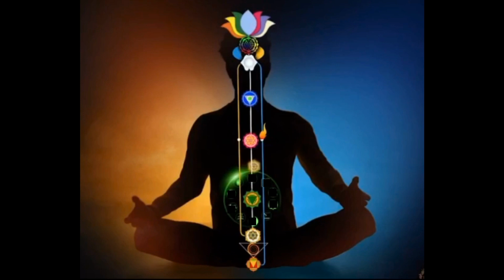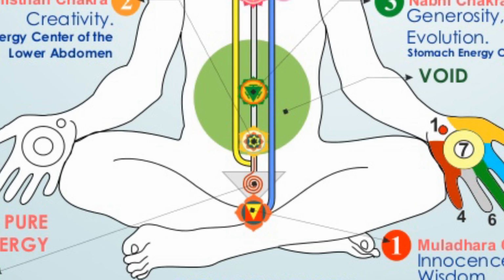Swadhisthana is physically the second center but energetically the third center, because when the Kundalini energy awakens from the sacrum bone, it first climbs to the navel center, which is green in color. It enlightens the navel center and then enlightens the big green circle and then enlightens the Swadhisthana Chakra. So at an energetical level, the Swadhisthana is the third chakra.